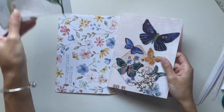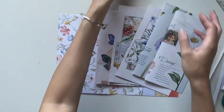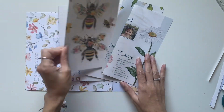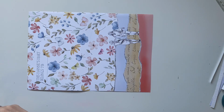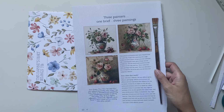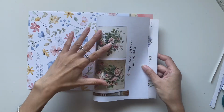All right, so what have I got? 1, 2, 3, 4, 5, 6, 7, 8, 9, and then this one's got some beautiful flowers on it, so I might use this one. And I might do...